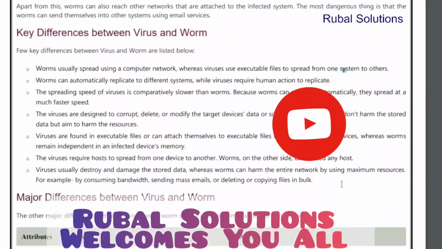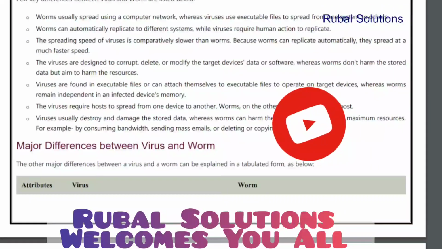Key difference between virus and the worm. Few key differences between virus and the worms are: worms usually spread using computer network, whereas viruses